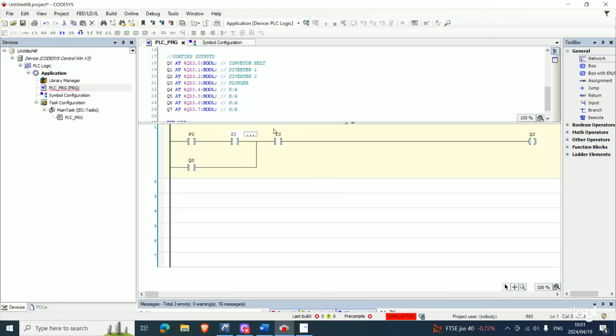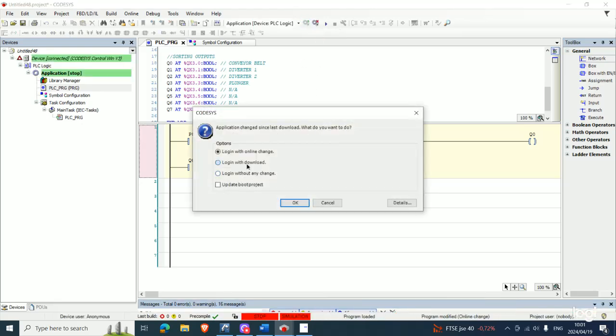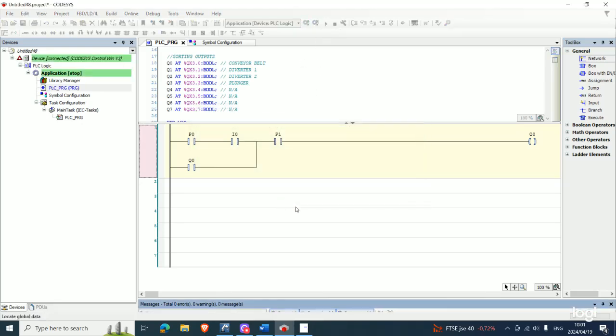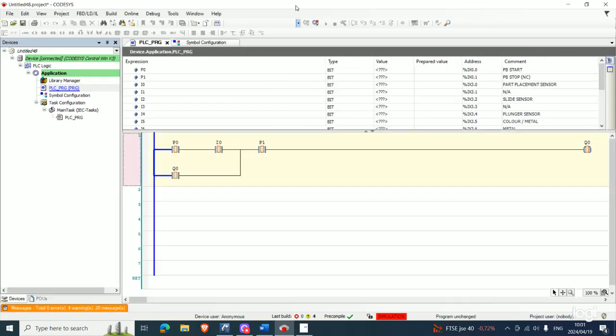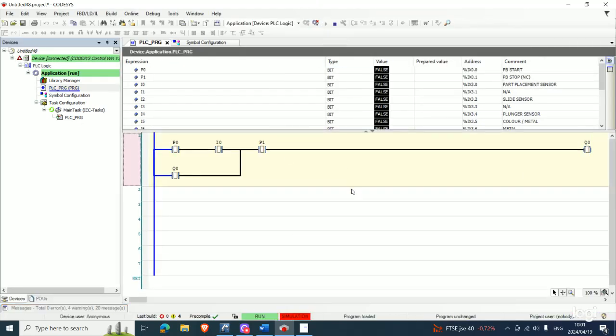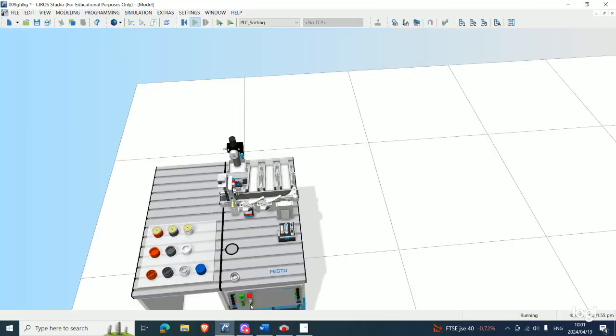And then here, if you still remember, we always have to put in a stop button so we're able to stop our process. So here you'll put your P1, your stop button. And then you'll run your code, and then you'll see what happens. So now going back to our CIROS,